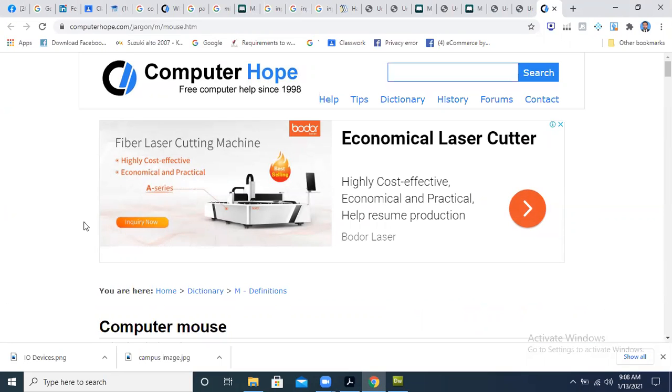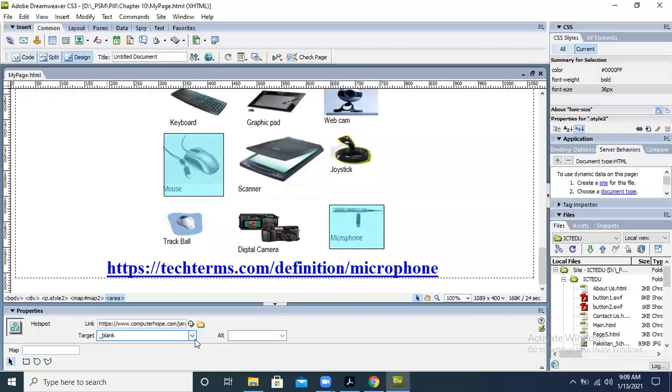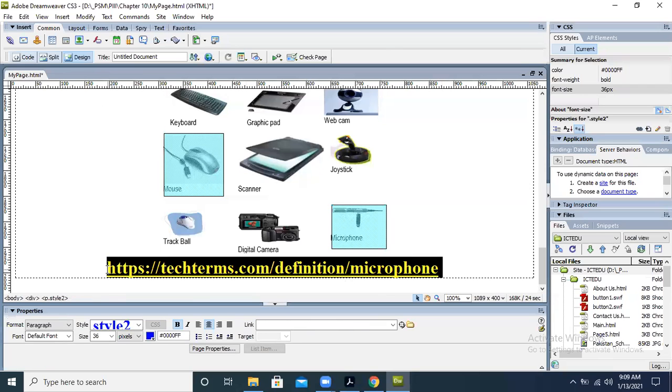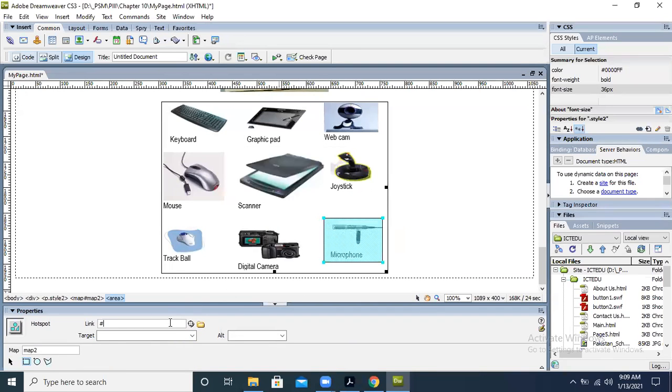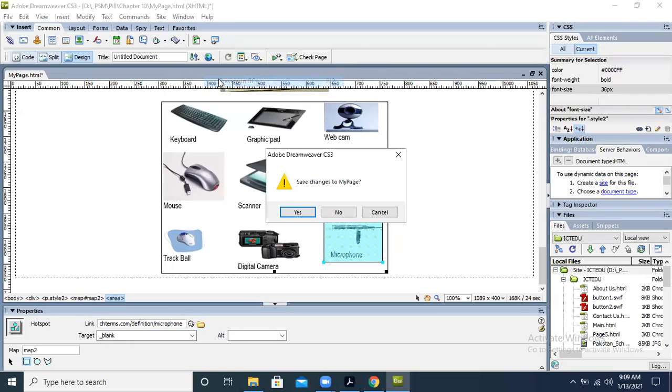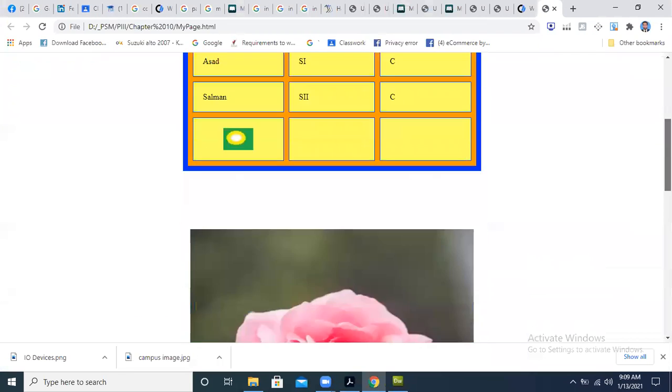Now I have rectified it. The mistake was that I was mentioning the target over there, but we should mention blank in the target and the link will be mentioned over here. So keep this in mind and follow these steps as they are, so we are not going to face any issue. Just like this is the target, I am going to cut it, and over here this is map 2. I will select this portion, and when it is selected, I will type the target over here and make it blank. Now this is going to work. This was basically a small error.